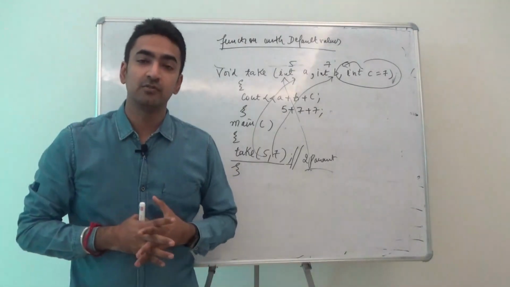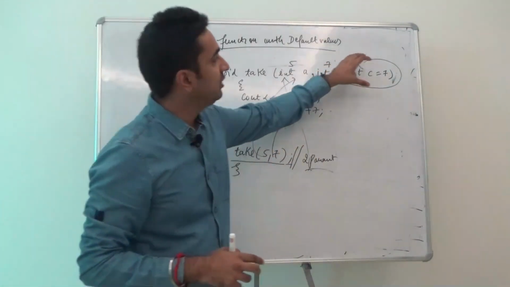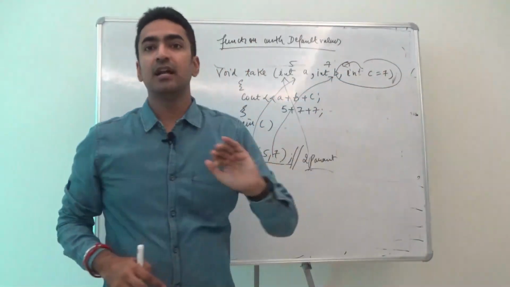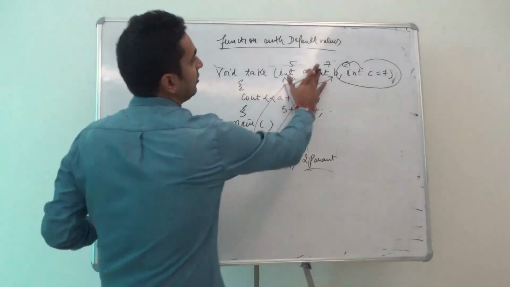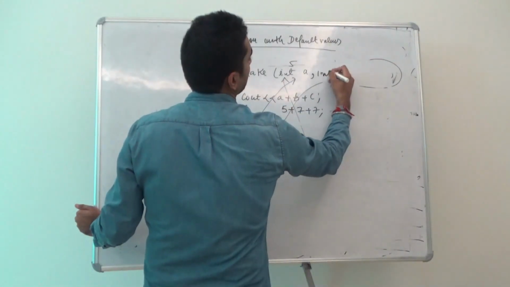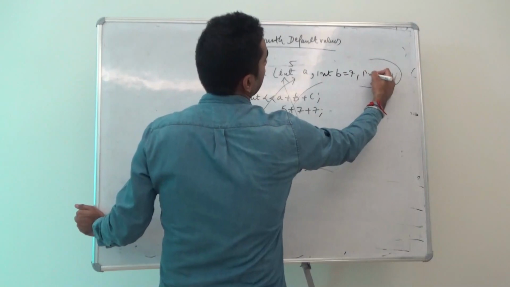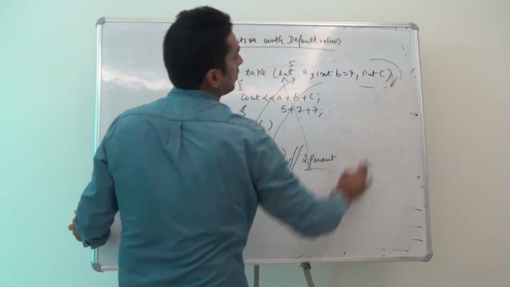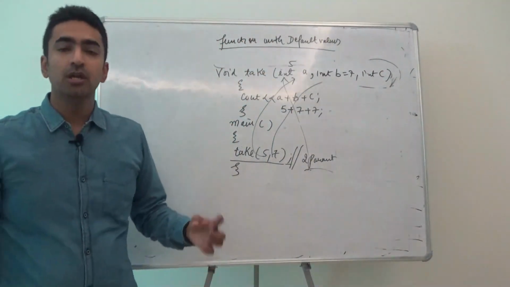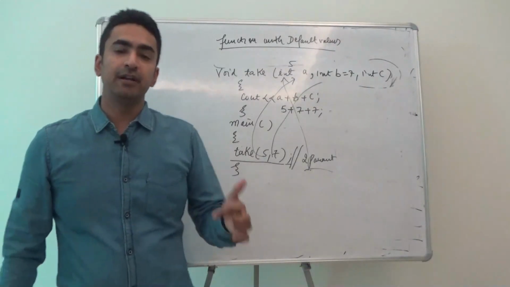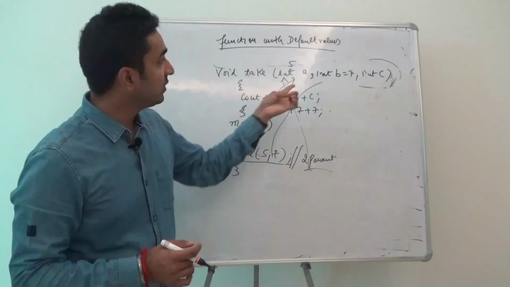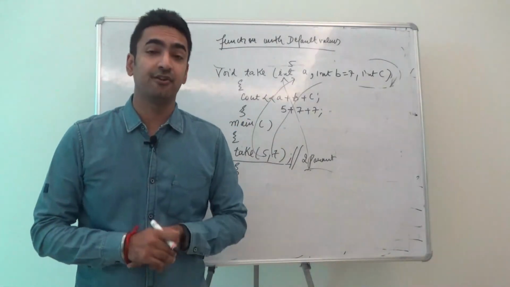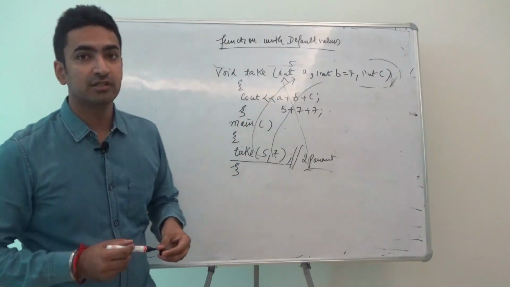This is the beauty of functions with default values. This is a default value 7 which is given, but there are certain constraints to it. The constraint is that you cannot write it like this: int b is equal to 7 and int c. It won't work out. Why won't it work out? Because ideally the default parameter has to be on the right side. It will actually give a compile time error. So this is how functions with default